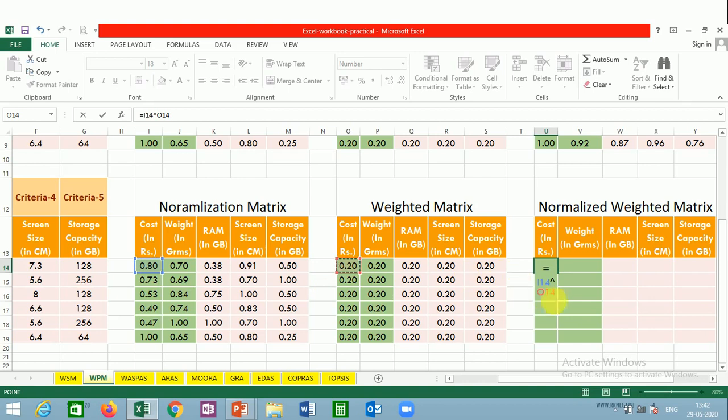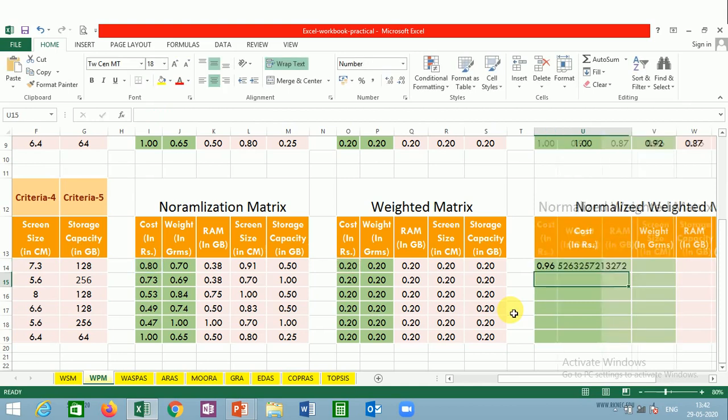This symbol appearing over here is the power operator, and you can find it on your keyboard on the number 6 key. You just need to press enter, and this is the value which appears here.